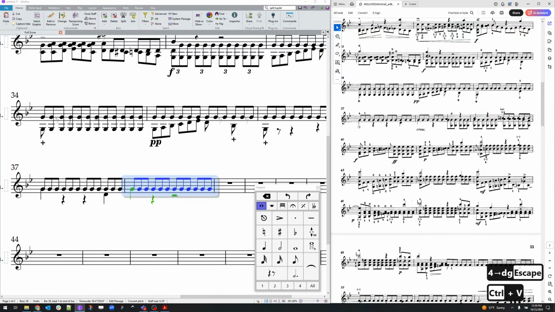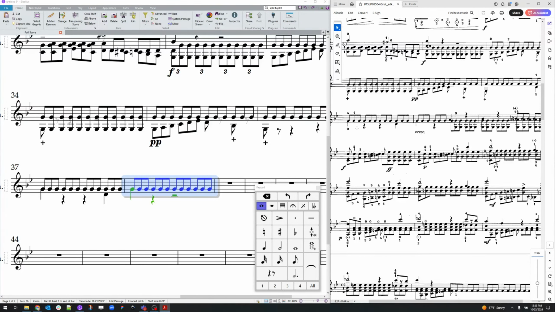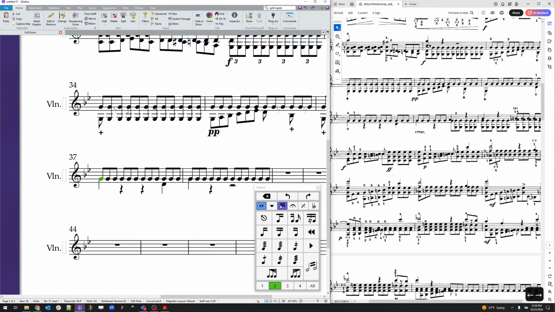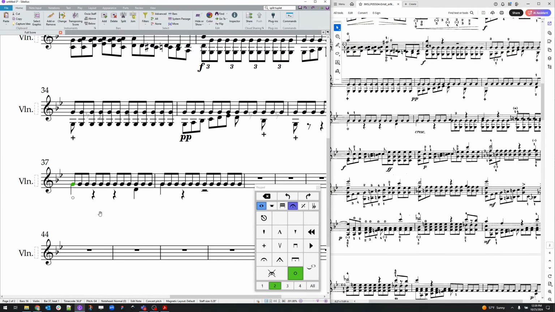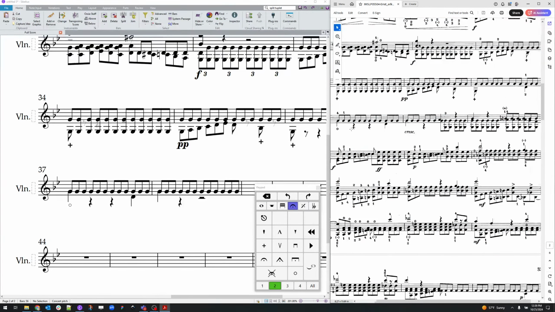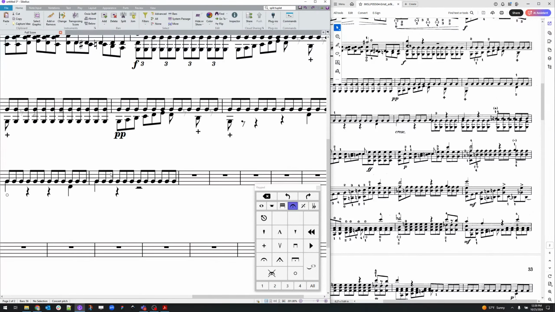So this is marking, I'm guessing this is supposed to be a harmonic 0 because that's a G. That's meant to be on the G string. So I'll just add a harmonic 0. That is over here. Though they have it marked as a 0, which I don't know if that's technically correct, but we'll let it slide for now. We have a nice little crescendo, so just do Control E,